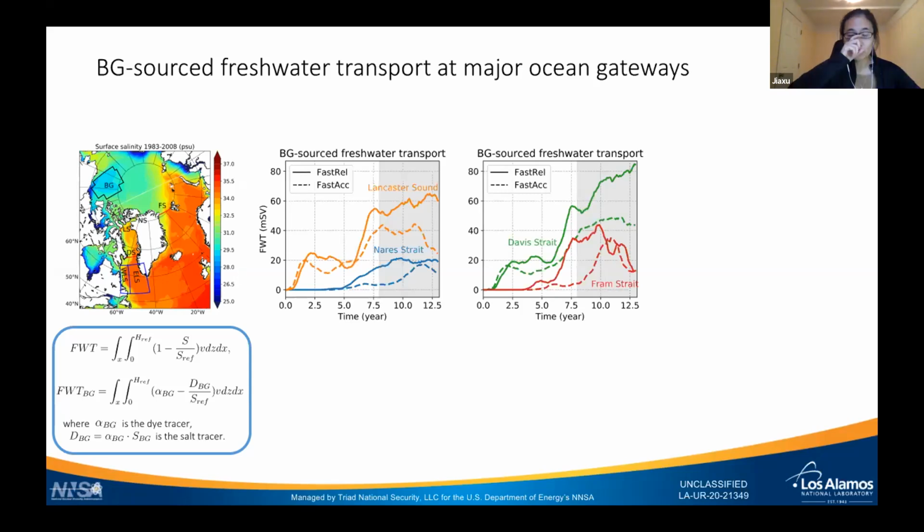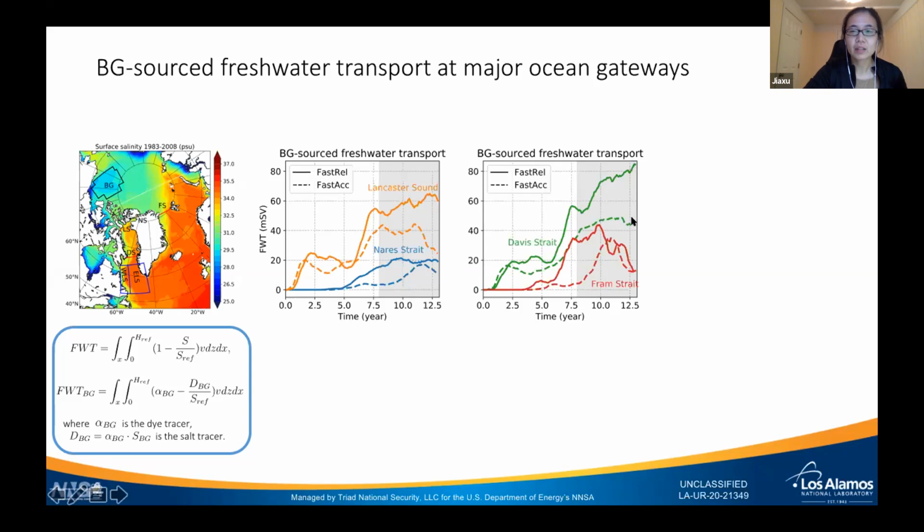So different colors show different locations, and the solid line is for the fast release case, and dashed is for the fast accumulation case. So basically in the Lancaster Sound, you see a very clear high value in the fast release compared with the fast accumulation. It's the same thing for the Narrow Strait. For the Davis Strait, it collects water from both of the locations. So you can see that by the end of the simulation, the fast release have the value almost